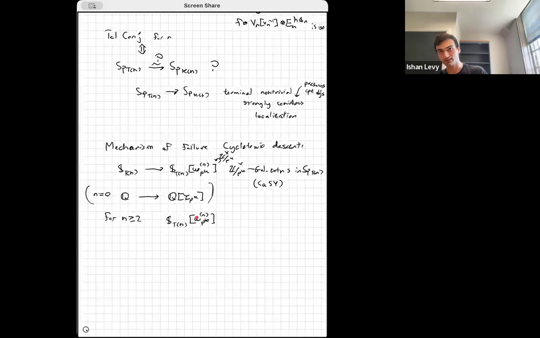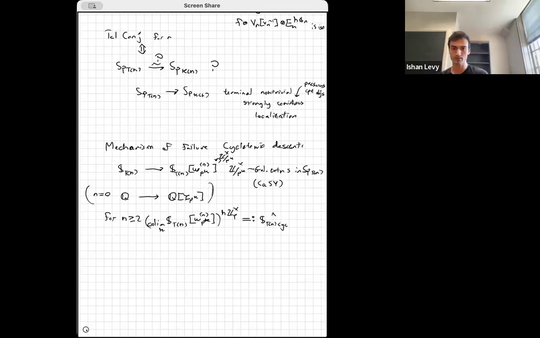And then you can take this co-limit, or actually, it doesn't really matter. Maybe I'll just write co-limit over k of all of these extensions, and then you can take the fixed points of that by the inverse limit of all the Galois groups. So that's a Z_p cross. And we can just give this spectrum a name. So we can call it the cyclotomic completion of the Tn local sphere.